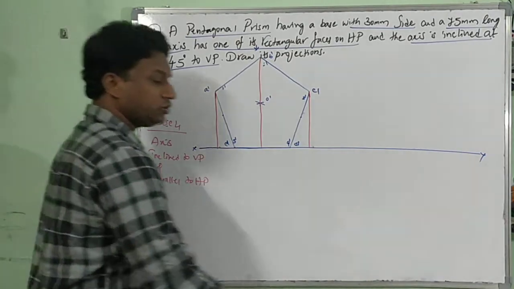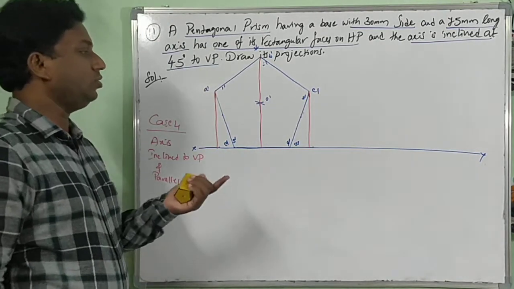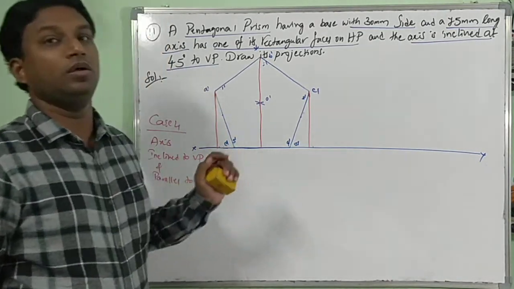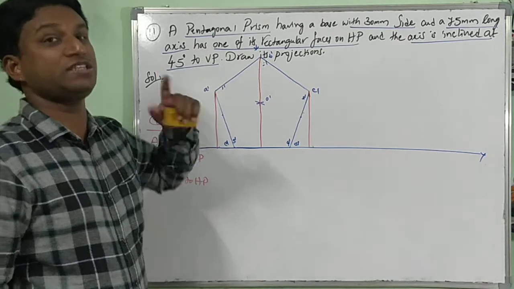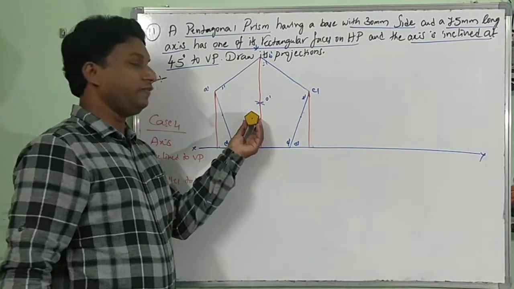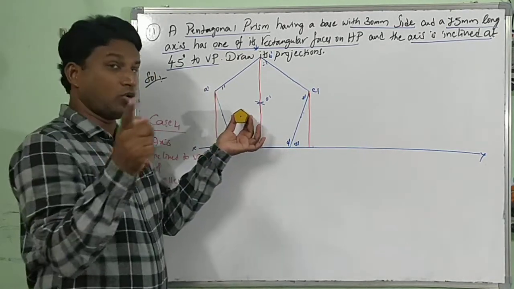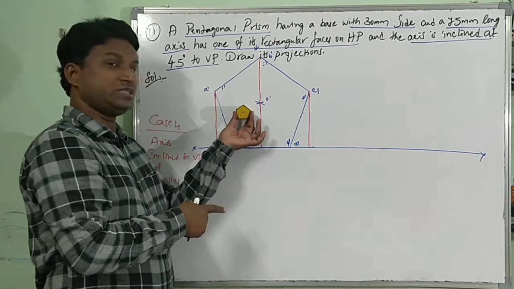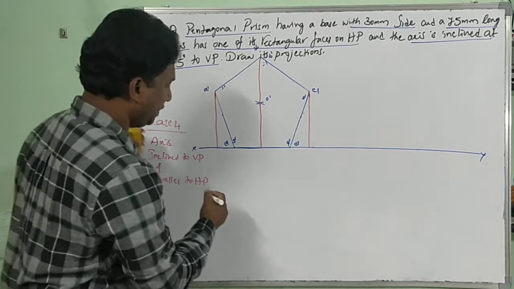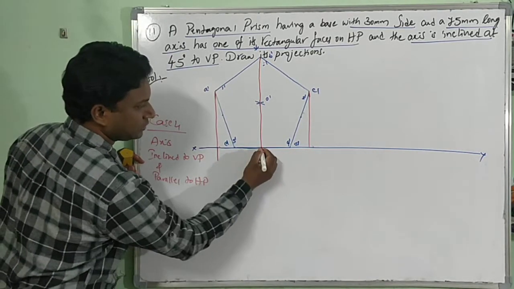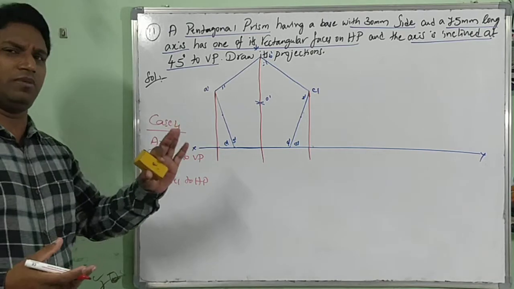Now the top view is looking like what? In the top view you can observe only two rectangular faces. Now, will they start from XY or below XY with some distance? If you observe in the question, there is no condition given that the base is on VP; the rectangular face is on HP. In the previous problem, wherever the base was on VP, we drew on XY. But as it is not here, you can take any distance: 5 mm, 10 mm, 15 mm maximum.